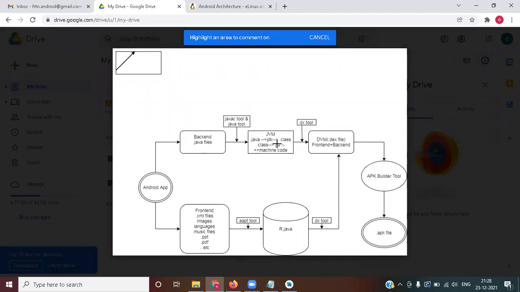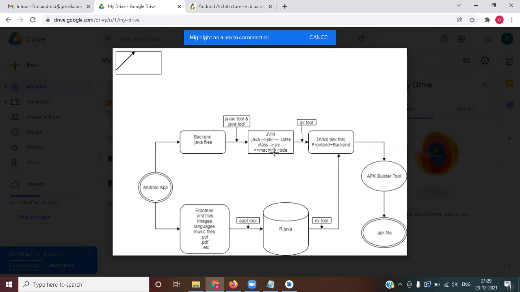Before installing Android Studio, I told you to install the Java setup. So why is the Java setup mandatory? Because you are writing .java, and that should be executed by the JVM. So the JVM has two parts, JDK and JRE. The JDK will accept the .java file and convert it into a .class file. The .class file will be given to the JRE. The JRE will generate output as machine code.